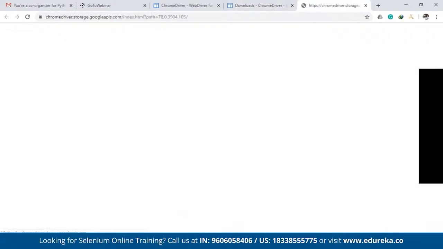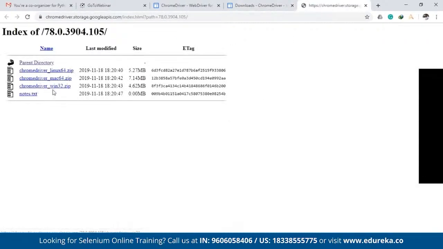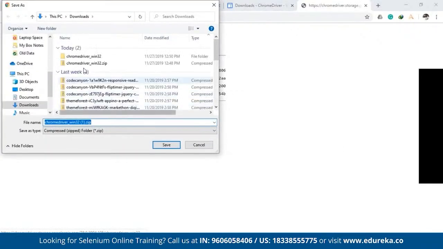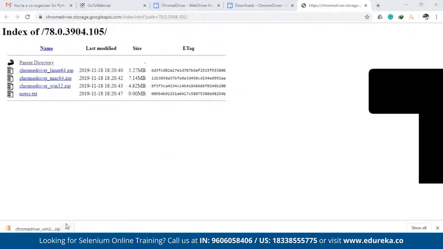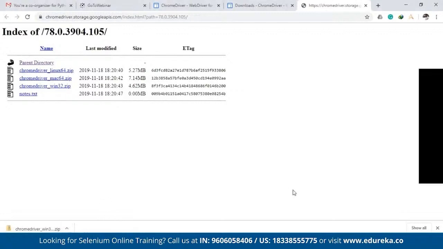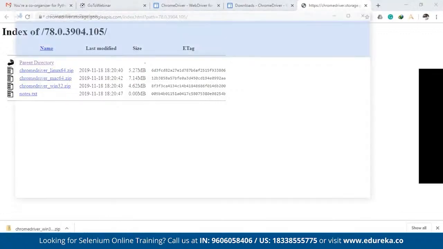So click on this and you need to download this zip file. You can see it is getting downloaded over here. I have already done that, but still I'll do it. You can see over here we have a zip file downloaded. I'll just go to that,